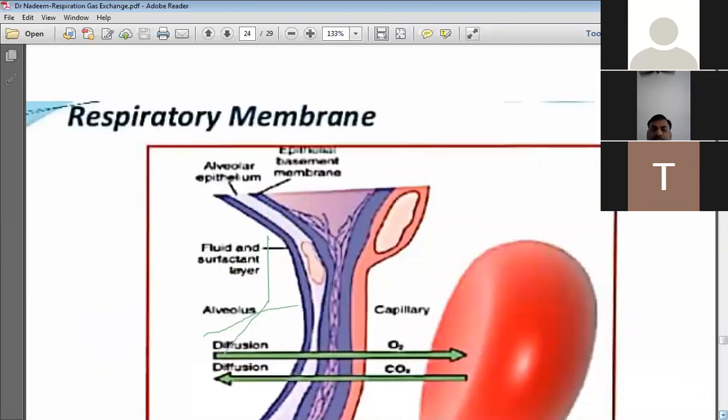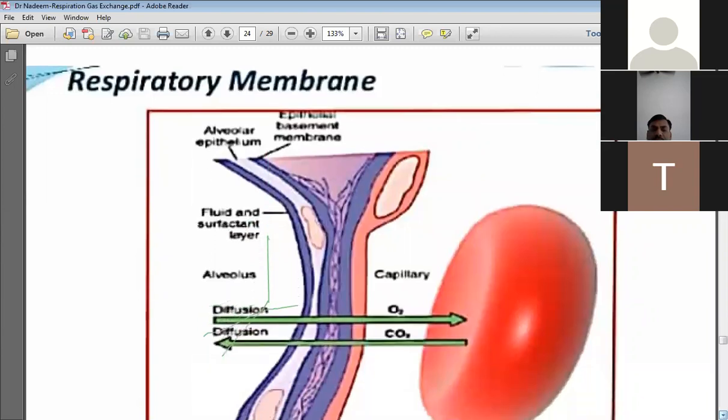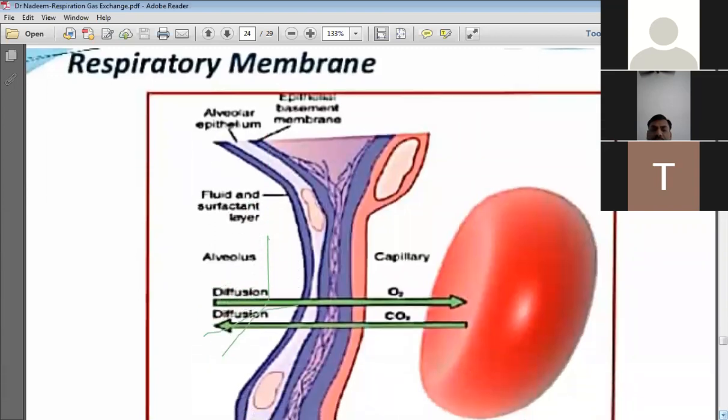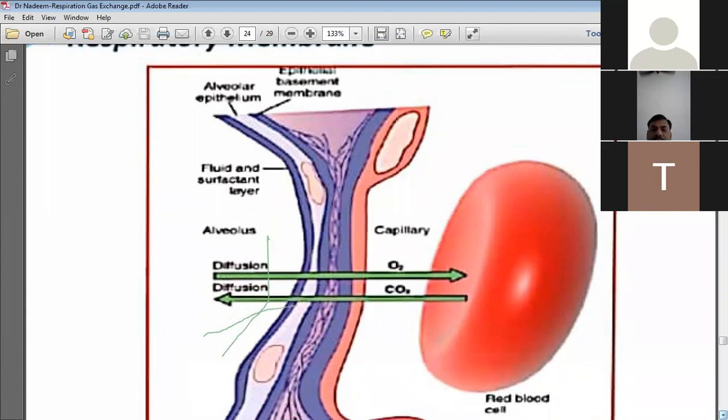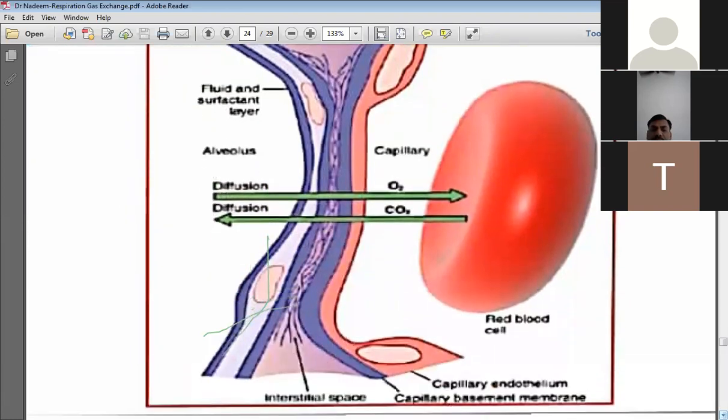On this slide, it becomes very clear what the respiratory membrane is and how O2 and CO2 gas exchange occurs. We are seeing the lungs part, the main site being the alveolus, surrounded by capillaries in very close proximity. Their membranes are very close. This makes it easier to transfer O2 from the air we breathe in towards the RBC present in the blood capillaries.